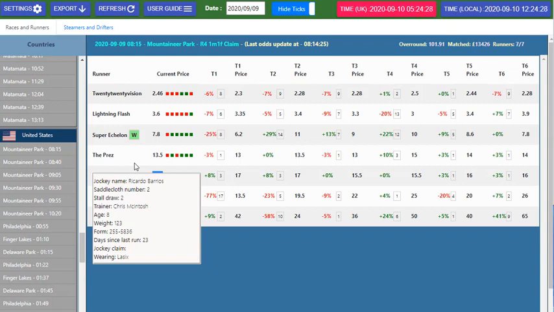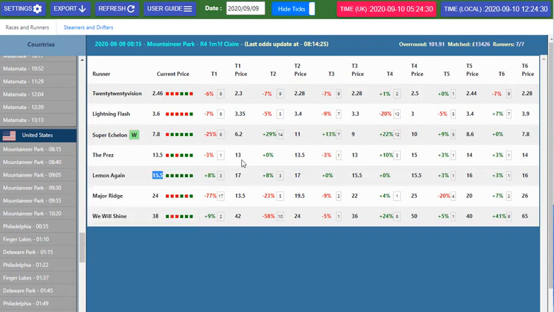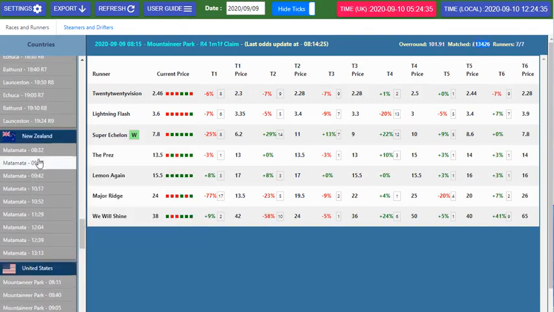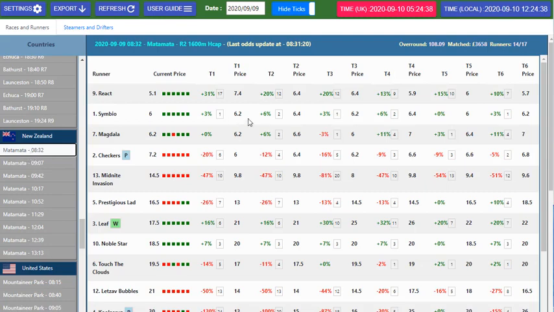But if you're dealing in markets that have small volume, we can see here on this one only £13,000 on it. And if we go to New Zealand yesterday, Matamata, we can see here £3,650 and nearly 108% of market. So the market is very out of balance. That means the back price and the lay price are more than a tick or two separated. So not a very competitive market, but we can see there in the all greens we had 4 all greens and Leaf won at 17.5. But